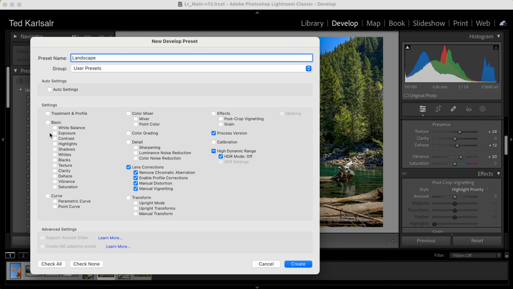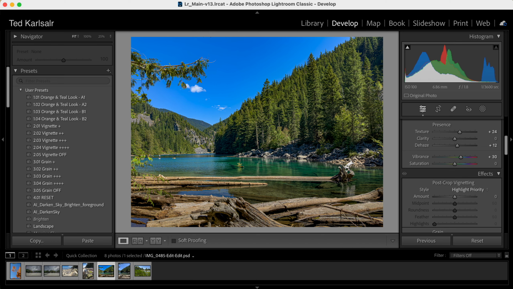What I applied in this photo: highlights, shadows, clarity, texture, dehaze, and I believe I applied a little bit of vibrance. These are the items that I did for this landscape preset. I create that preset. It should be here,